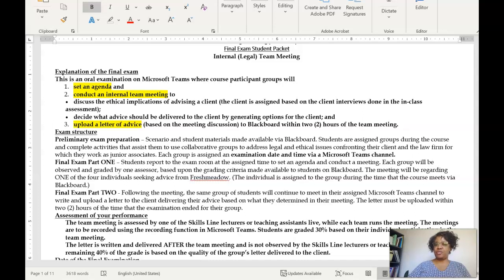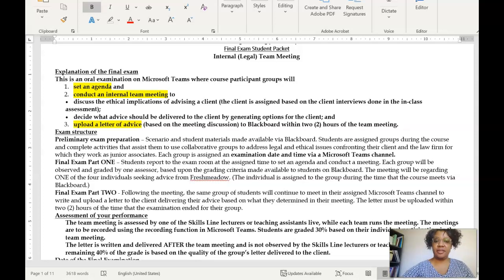And then don't forget that, of course, we take attendance at the beginning. So we would ask all of the teams to come into their channel where they have been meeting in Microsoft Teams at least 10 minutes in advance of their assigned time so that everybody is there and that you are sure that all of your internet and your cameras and everything are working well. So we would appreciate your cooperation there.